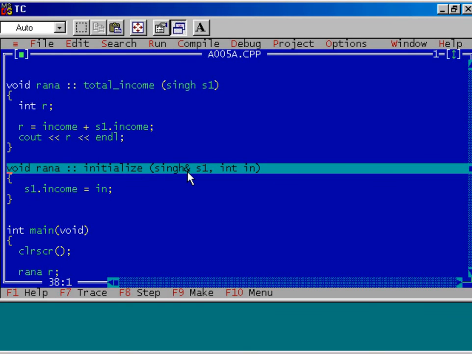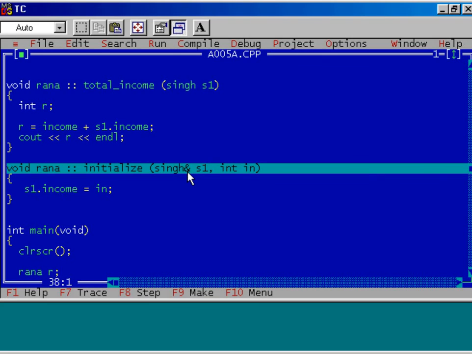What is this? It's a reference operator. So instead of passing the objects by pass by value, I am passing these objects by pass by reference method. And remember one important point. Do not pass the objects by pass by value method. Always pass it using pass by reference method. It will reduce the function overheads.